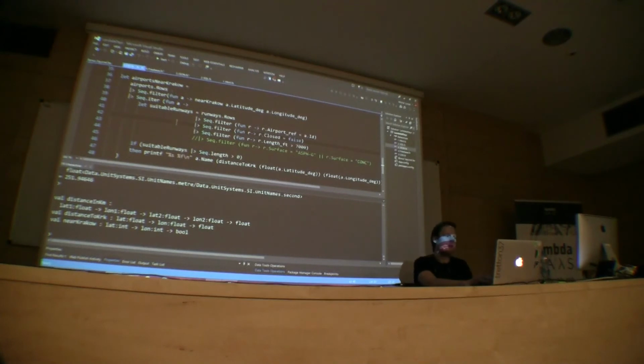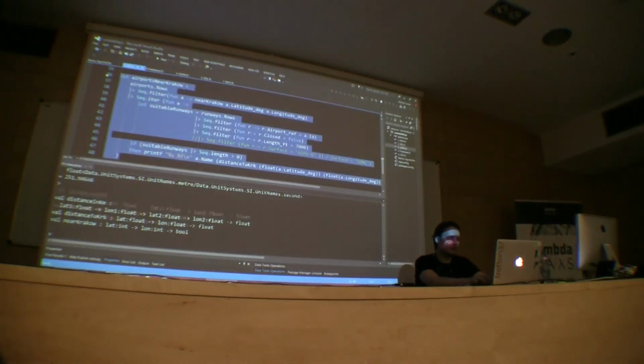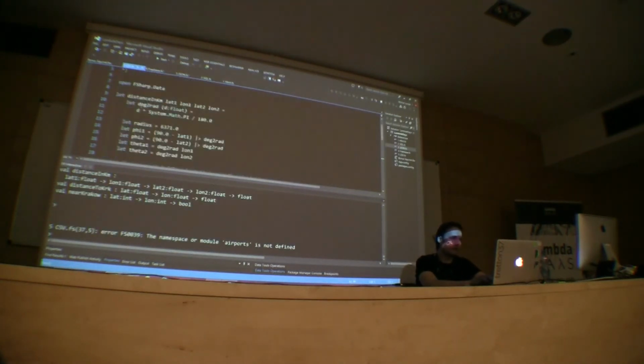I'm just going to look for airports near Krakow that have suitable runways. And by that, I defined a few things: that it cannot be a closed runway. We want to be able to land on legally accessible airstrips. Also, I set up that it will be longer than 7,000 feet. And yeah, let's run it.